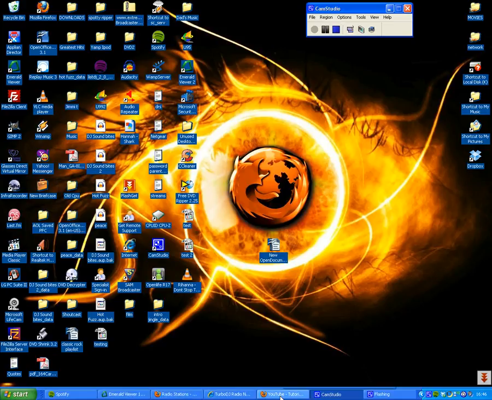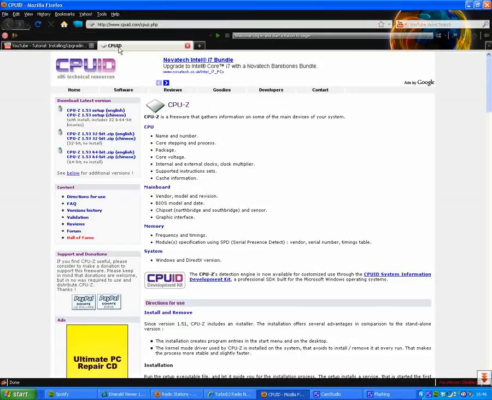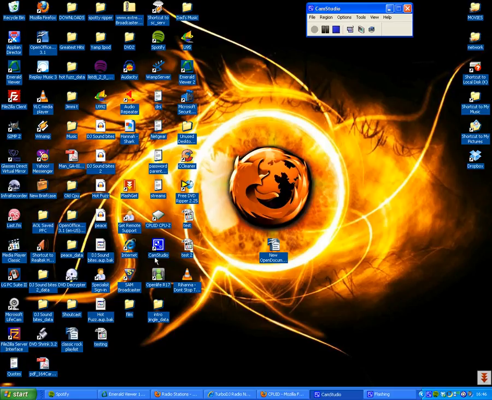We're going to go to the website. That's the website. If you look along the top there, CPU-Z, I've sent you the link. So you go to that website, go down to this area here, download latest version, and then you're going to download this one here, which is 1.53 setup in English. So download that, then install it, and then you end up with this, which is